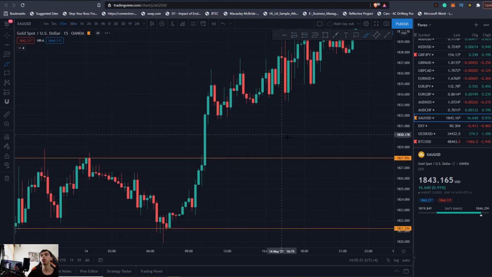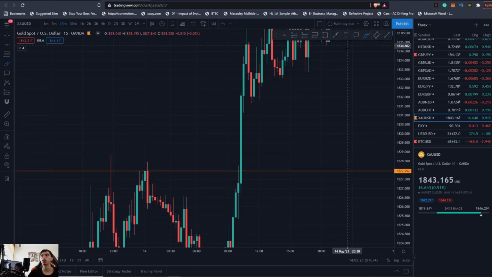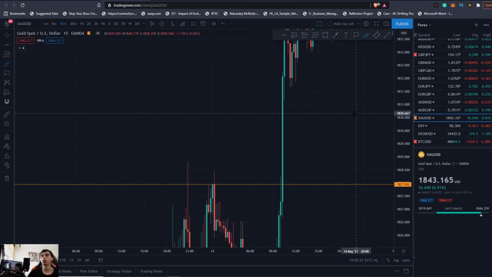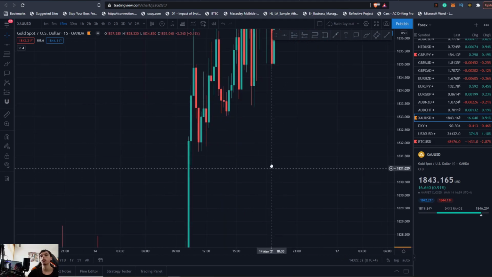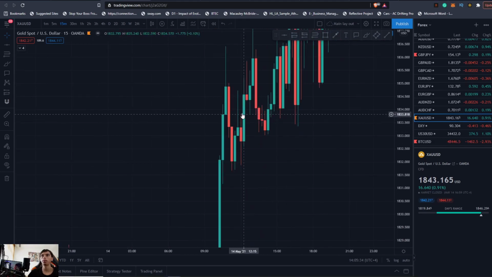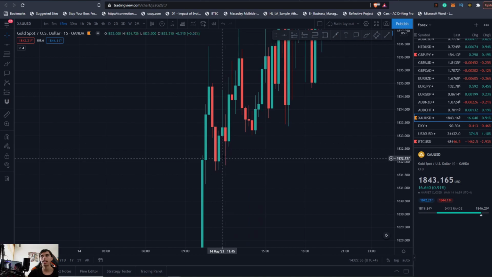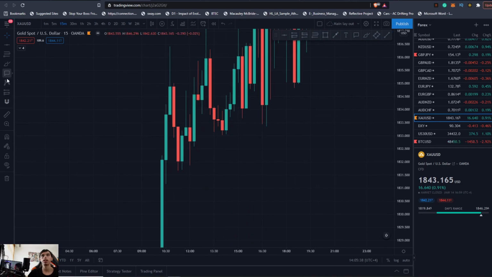So what you do want to look for is, when a move like this, support creation. You want to be in and out with gold quick, right? We can see that we pushed up here, price found a resistance, it came down and made a support. Here's your trade. You could have seen that here's your support. As soon as this wick broke, you take the trade up to the top of the range.